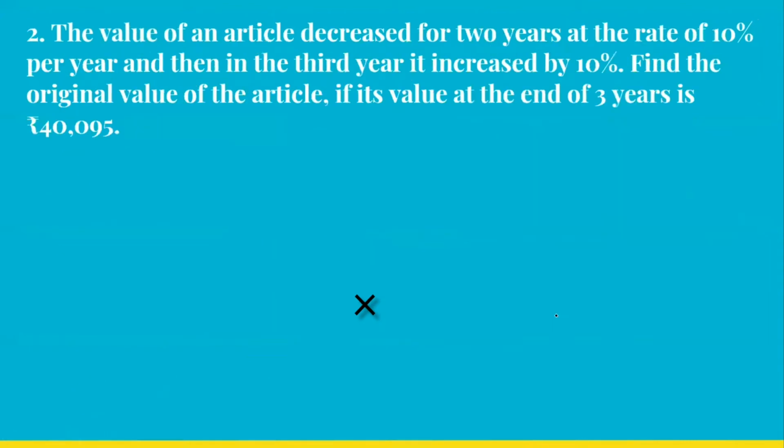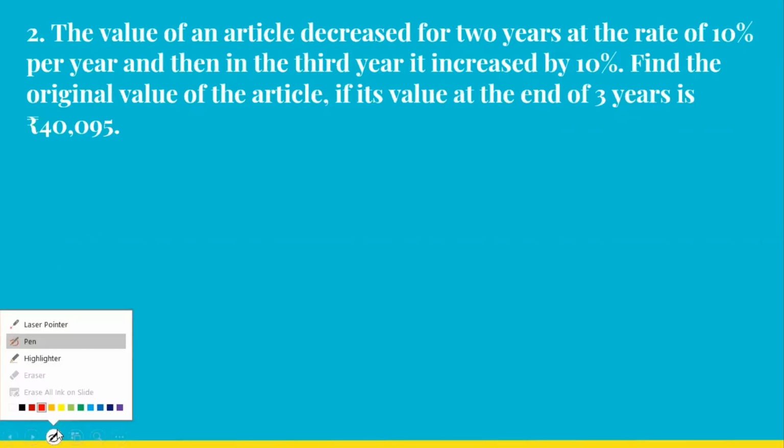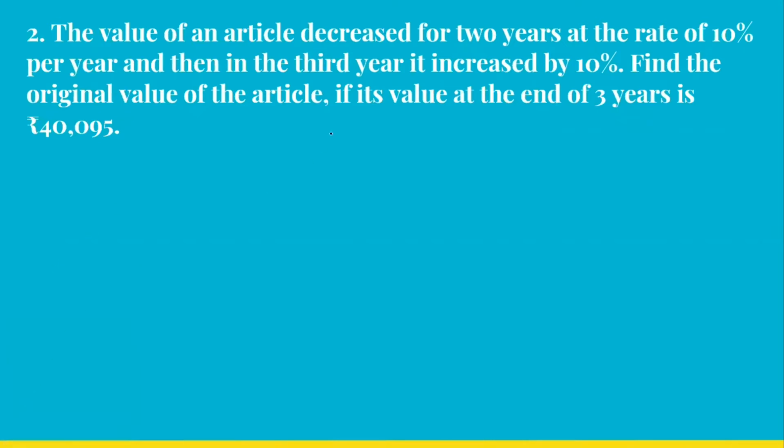Let's move on to the second question. Question number 2. The value of an article decreased for 2 years at the rate of 10% per year, and in the third year it started increasing at the rate of 10%. So first 2 years it decreased. We have to find the original value of the article, if its value at the end of 3 years is